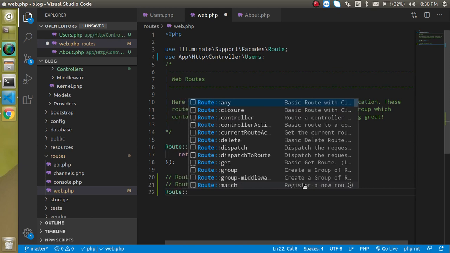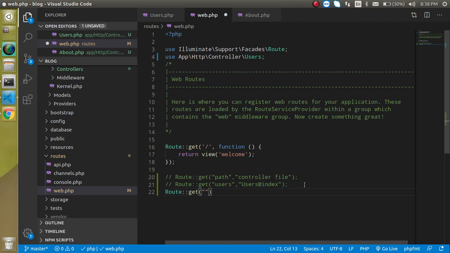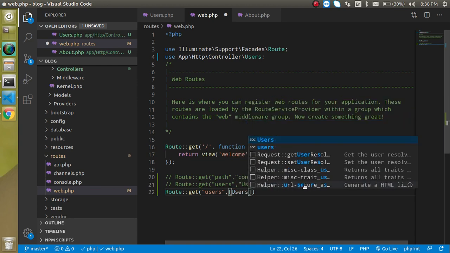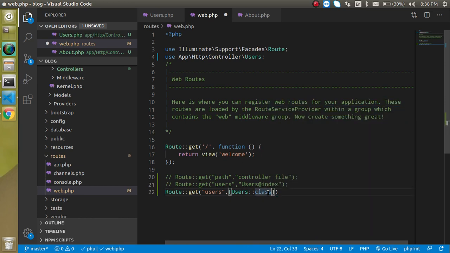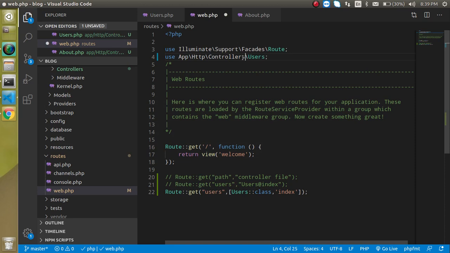Put the get function and define a URL or path, let's say users. Then in the second parameter define an array, and in the array put your controller class, like Users::class, and put the second element as the function name. Now let's try to access it. Okay, so I have to put Controllers, not Controller.